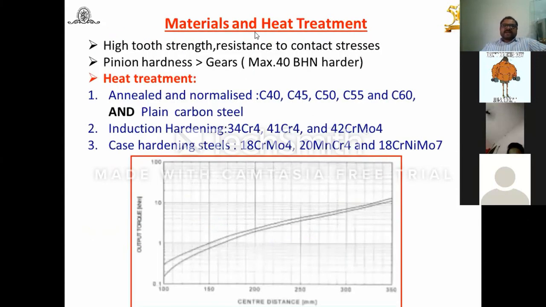Now here, material heat treatment. I have already told that for cast steel or plain carbon steels, we can increase their hardness by annealing and normalizing heat treatment processes. Again here, the 34 chromium and all these are alloy steels. By induction hardening, only the tip or the tooth surface we can harden to have a good BHN. Then case hardening steel, again all these are alloy steels. Heating chromium, palladium, for all these. That means case hardening is also preferred in this case. That means for different materials, different heat treatment processes can increase their hardness.